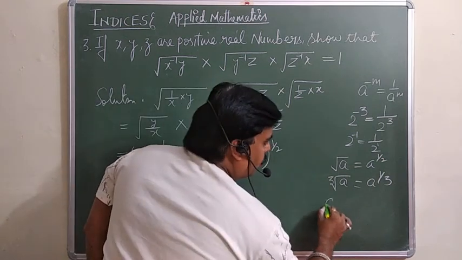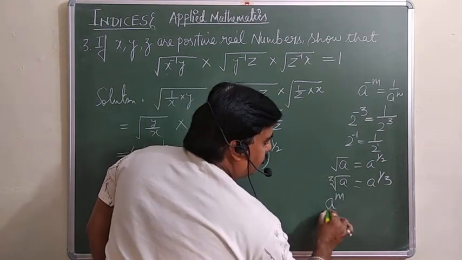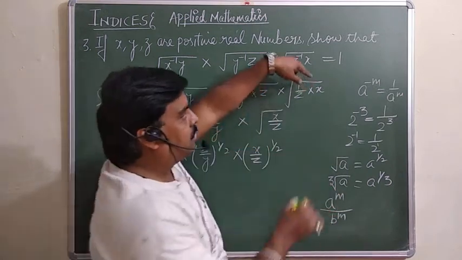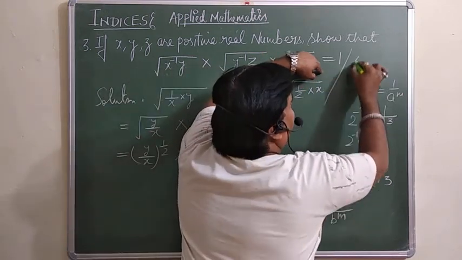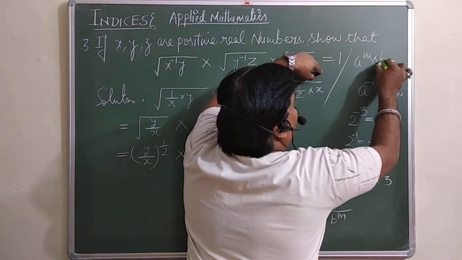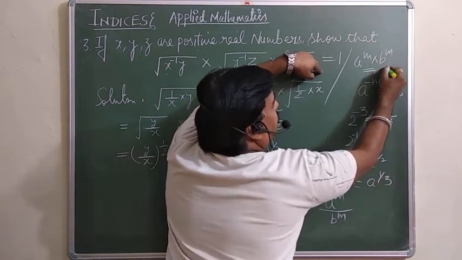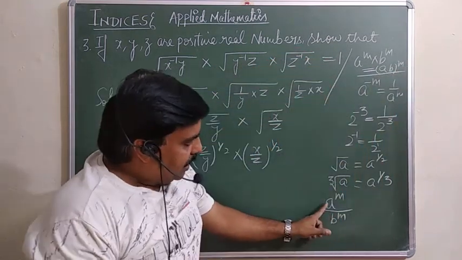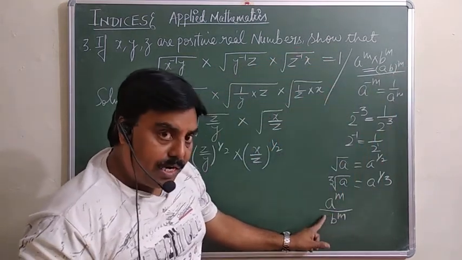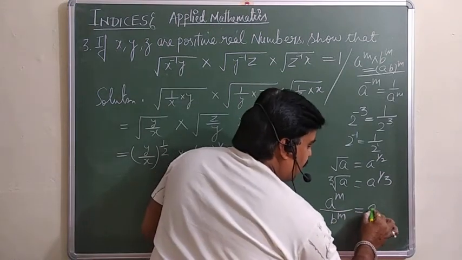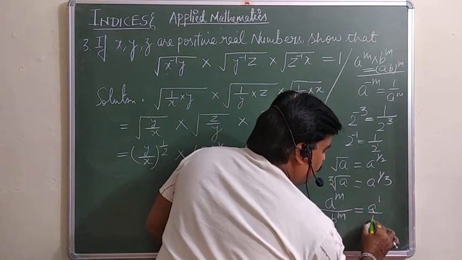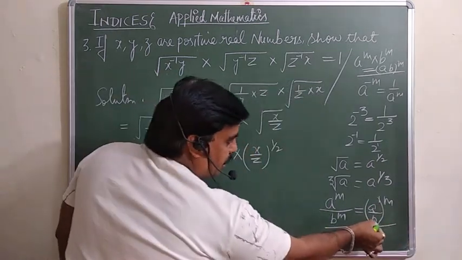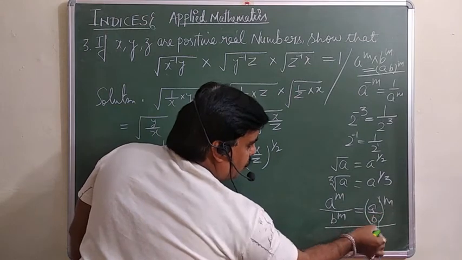Now see, one more rule is there. If a raised to power m over b raised to power m, as we already discussed, in case the bases are not the same but the exponents are the same, then you are supposed to do the product of the bases. But here the exponents are also the same but we are dividing, so this can be written as a over b whole raised to power m. It means if your expression is in this form, you can write it like this.